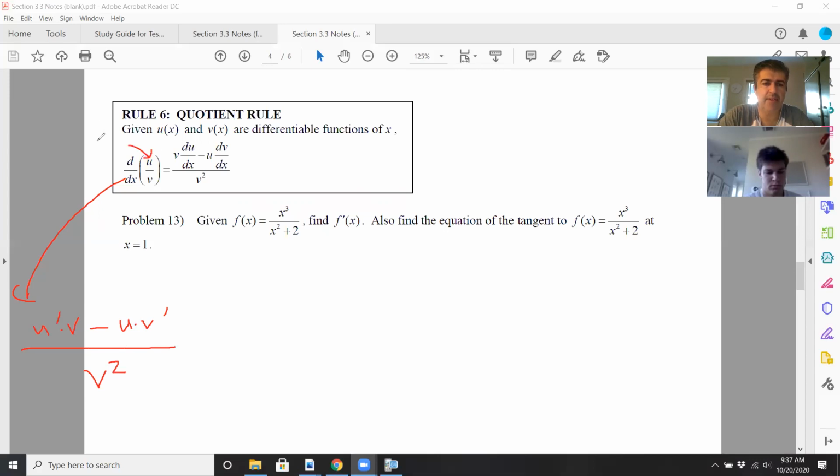This is called the high function. This is called the low function. And so if we think about it, it's the low times d high minus the high times d low